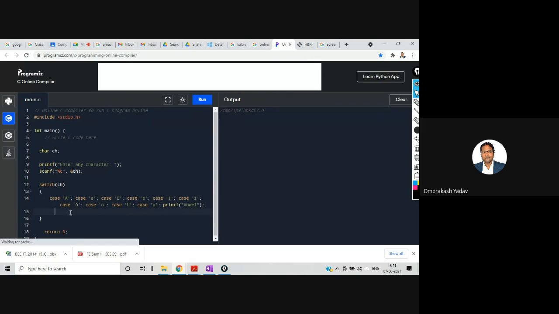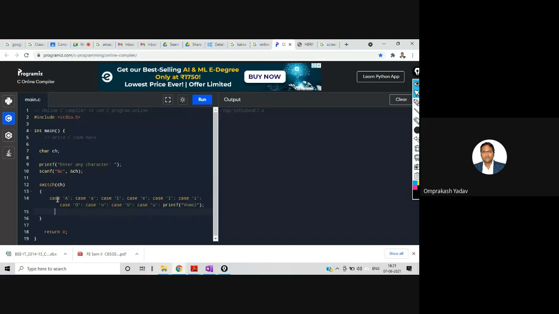If you want to write in one line, then it has to be in one line. So here the margin is less. If you want, you can try. It might give you the output. I've not checked, but if you write in one straight line, then definitely it will give you the output.